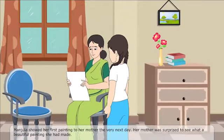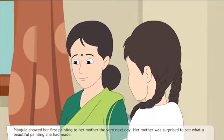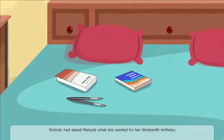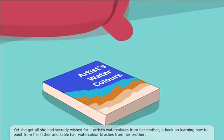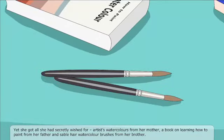Manjula showed her first painting to her mother the very next day. Her mother was surprised to see what a beautiful painting she had made. Nobody had asked Manjula what she wanted for her 13th birthday, yet she got all she had secretly wished for. Artist's watercolors from her mother, a book on learning how to paint from her father, and sable hair watercolor brushes